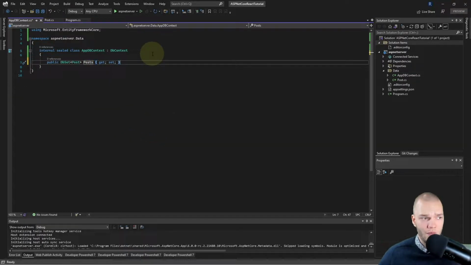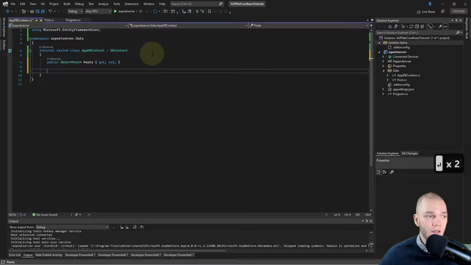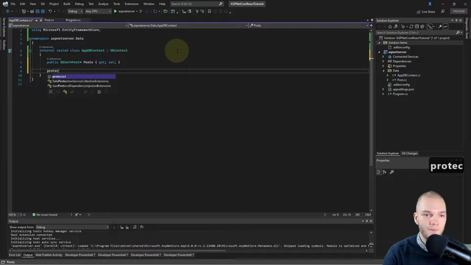Right, and now I want to specify that we're gonna use SQLite as our database provider. So I'll just override the OnConfiguring method.